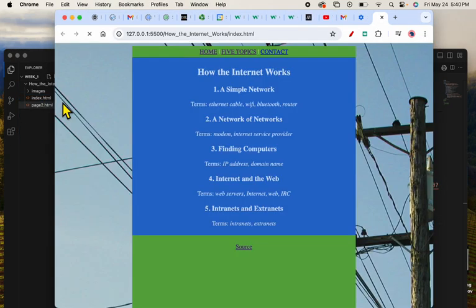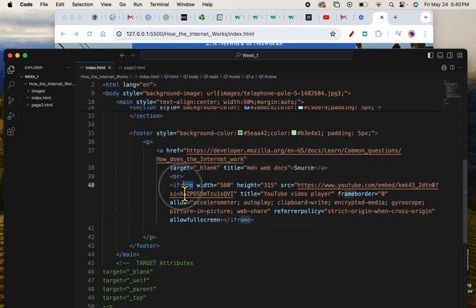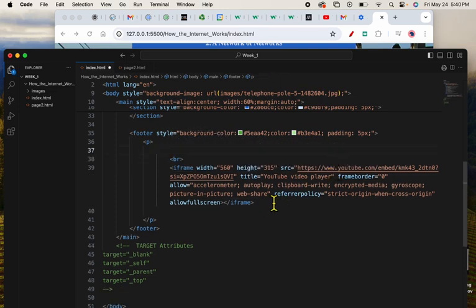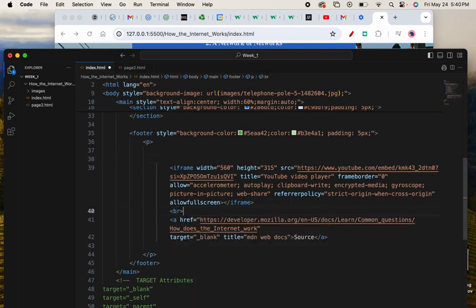Control, open with live server. So you can see I've just embedded a video from YouTube. This is the source for my content up here, and this is the YouTube video that I embedded. The embed code is the iframe code. So that is easy to get, and when I think about it, I would probably want this link to go below that video, and I'll put the BR tag here. All right,